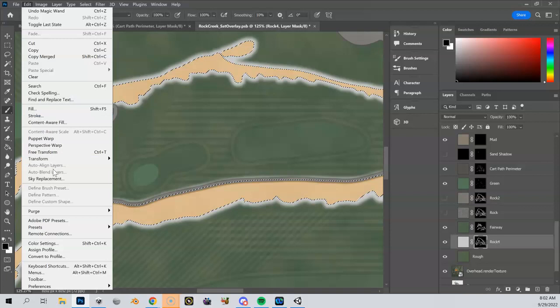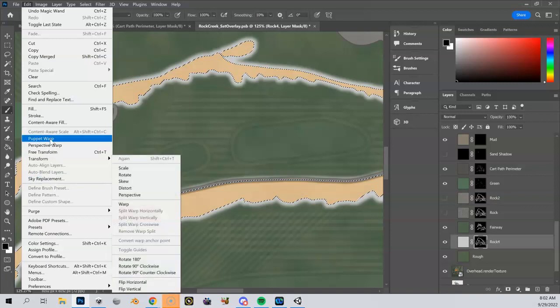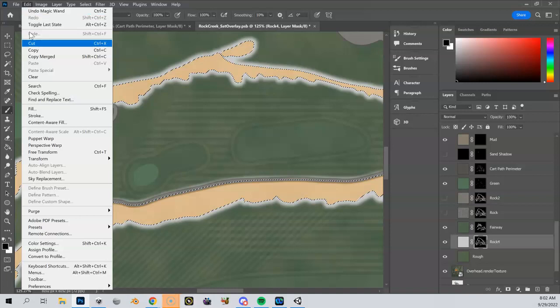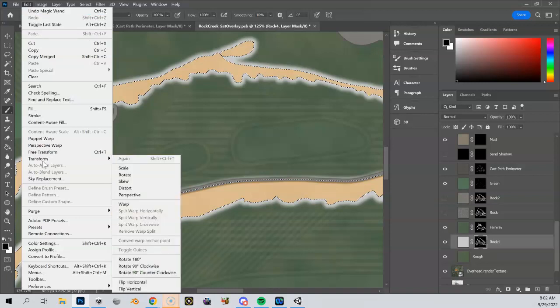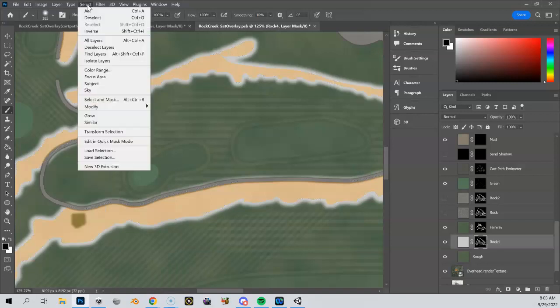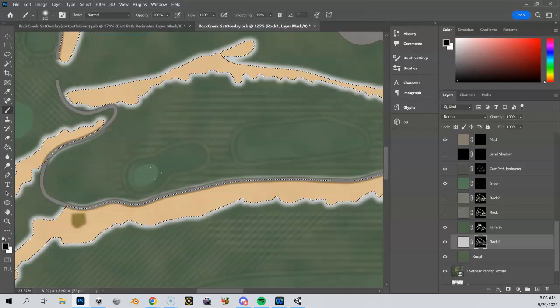Edit, invert selection, where is it? Maybe it's under image, nope. Sorry, it's under select, inverse, okay? Now I have not this inside area, I've got the outside area selected. So I'm on my Rock 4